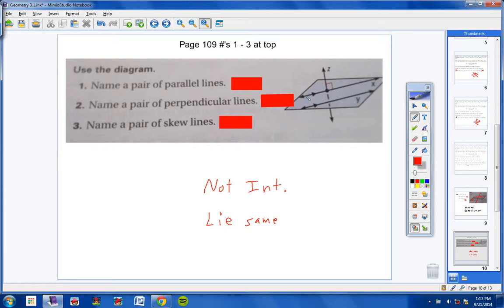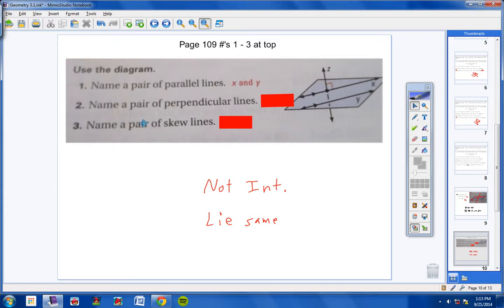Well, students, here it is. Look, X and Y are like two lines that are drawn on a sheet of paper. And here's your sheet of paper right here. So those two lines lie in the same plane. They're also not intersecting. How do I know that? Because look at this arrow right here on the line. This arrow here and this arrow here drawn on the lines means they're parallel. They don't intersect. So the two lines that lie in the same plane and do not intersect are lines X